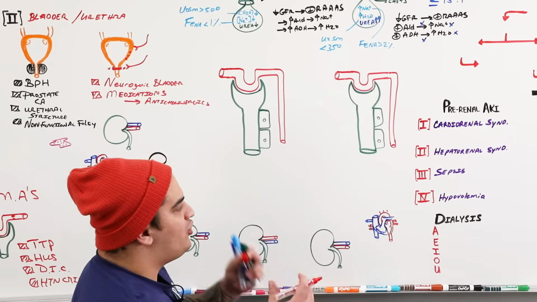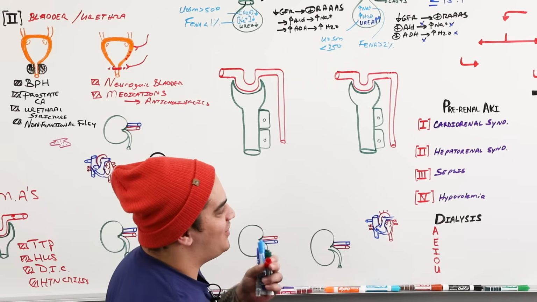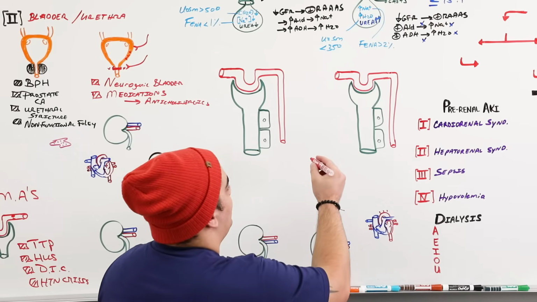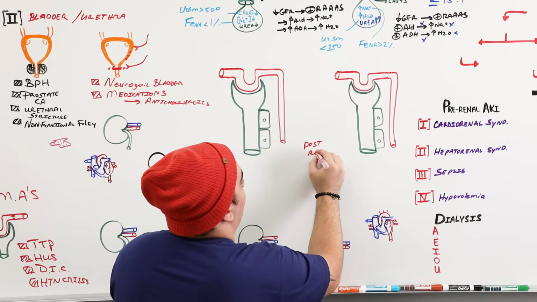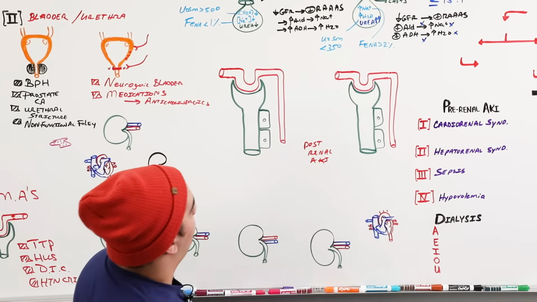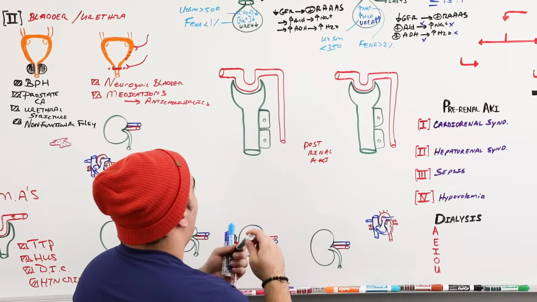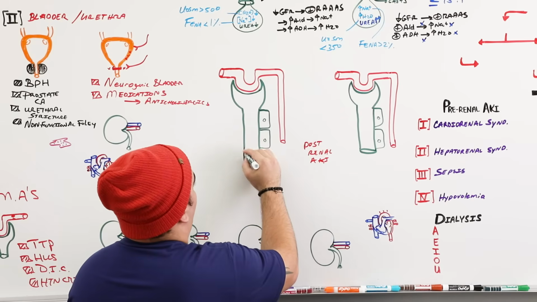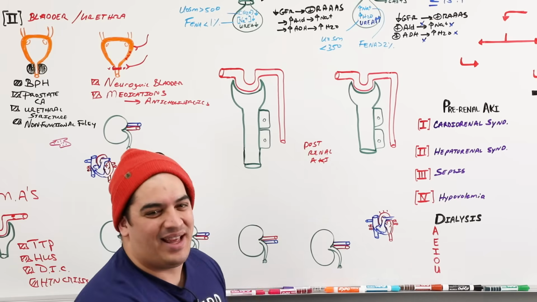Now, the reason why I don't want to go too crazy on the pathophys is that you're not going to really need to know this too much for your exams because a lot of this pathophys varies. But we'll quickly explain it. So post-renal AKI. Here's the way I want you guys to remember it, okay? Post-renal AKI is kind of like intra-renal AKI, right? Let's elongate this tubule a little bit. Imagine I elongate this tubule, but again, remember, this is after the kidneys.